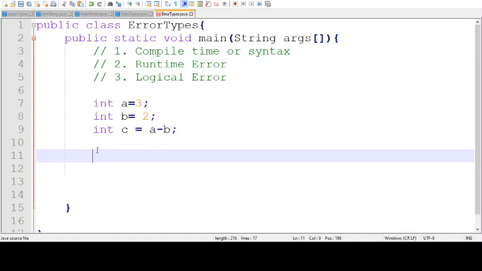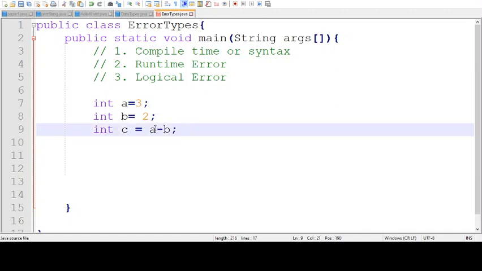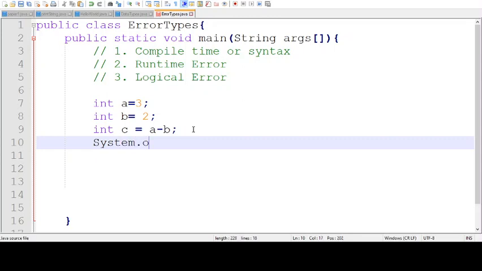But now you can see what I have done is I have subtracted the value of b from a. So there is no runtime or compile time error, but there is a logical error. Our program's job was to add two variables, but instead of adding them, it is subtracting. So this is a logical error.